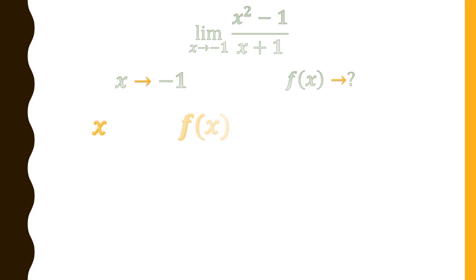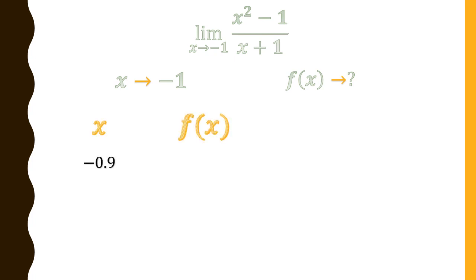Let us take another example here. The question is limit x tends to -1. That means we are supposed to take the value of x nearer and nearer to -1. The equation is given here: (x square minus 1) upon (x plus 1). We are supposed to take x tends to -1, so we have to take less and greater values than -1. We have to find what will be the answer for f(x) when x tends to -1. Let us make the columns.